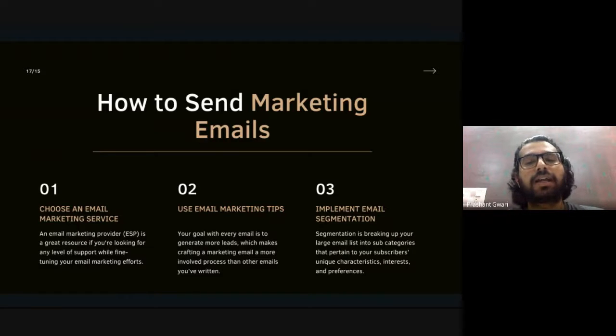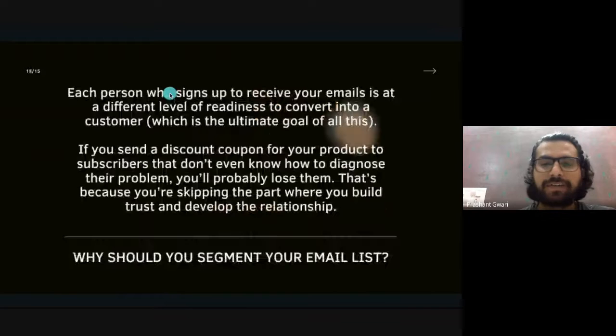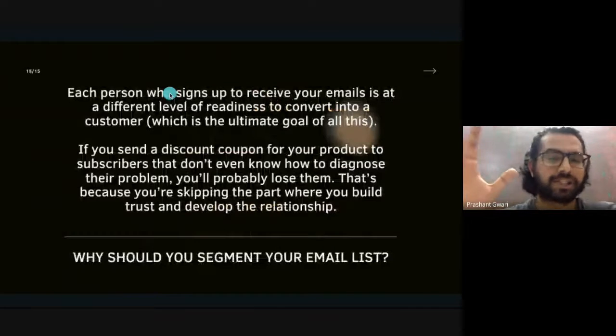So these are the 3 points you require for your email marketing campaign. There are actually 6 points you require for your email marketing strategy. First we are covering those 3, and one by one we will understand them in brief or in detail. So let's start with the segmentation part.